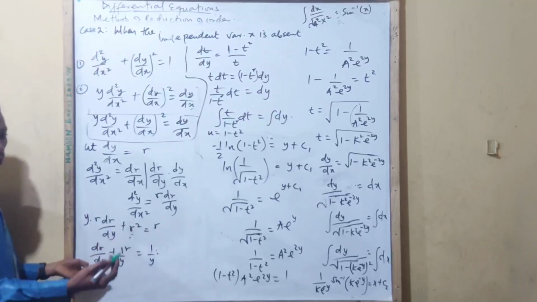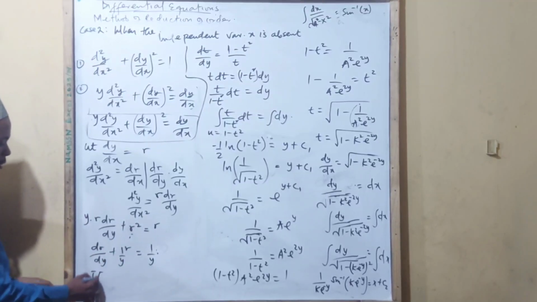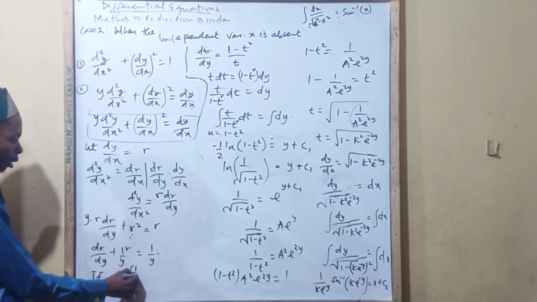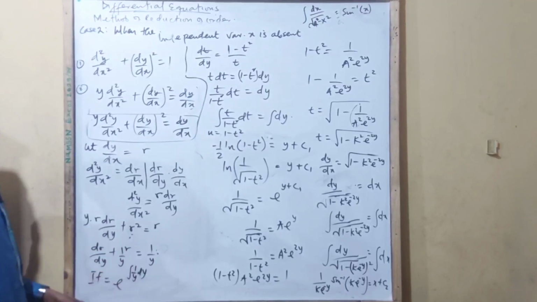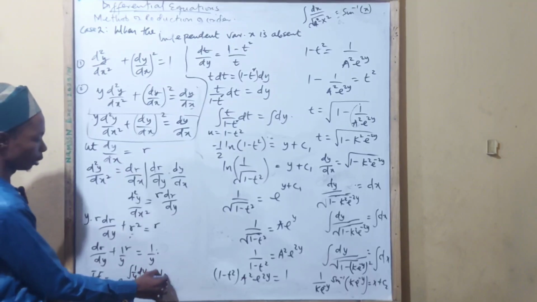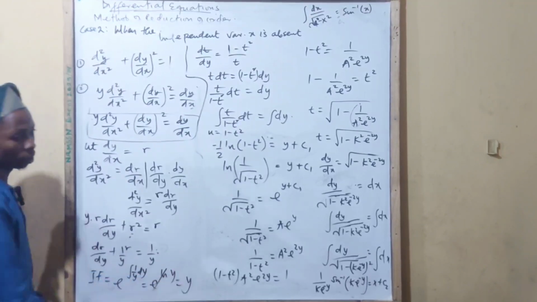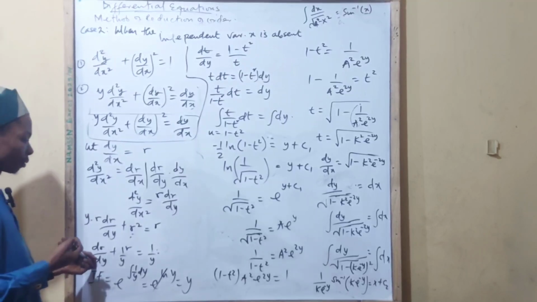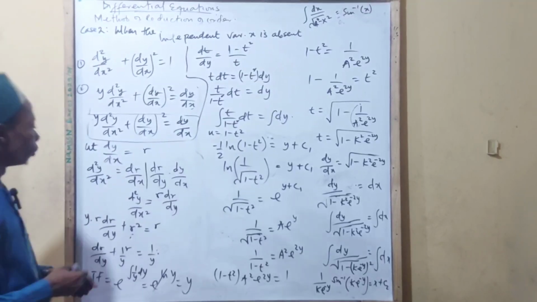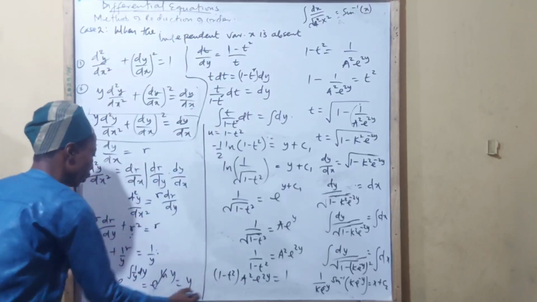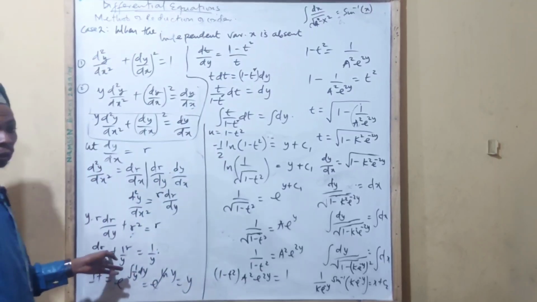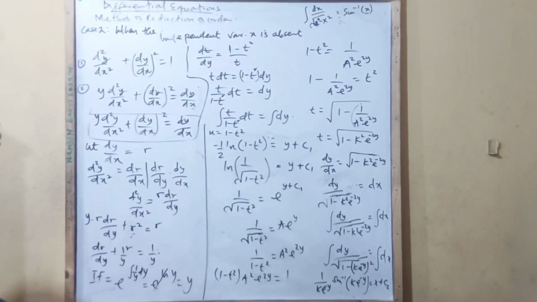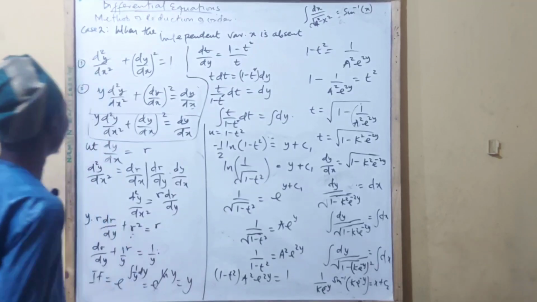So you continue solving by taking the integrating factor. Integrating factor is exponential of the integral of 1 over y dy. Integral of 1 over y is ln y. This is exponential ln y, e cancels ln. Our integrating factor is y. So if y is our integrating factor, you can continue from there to solve this. I will leave the remaining solution of this one for us to do, because this is a linear equation. We'll solve it like 3 times in this video. So basically that is how we solve